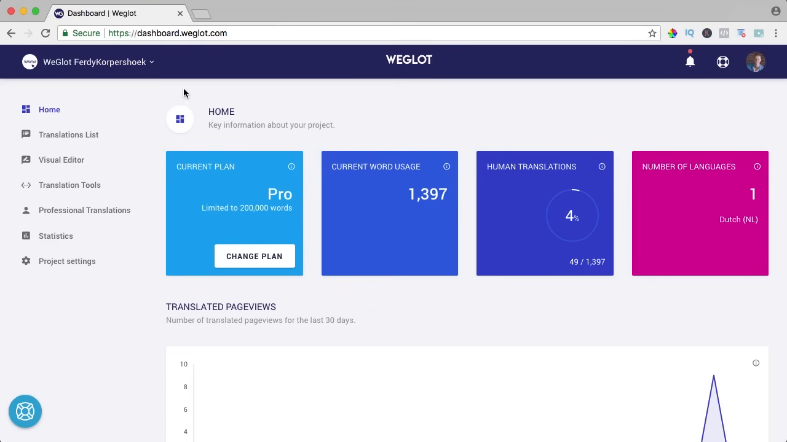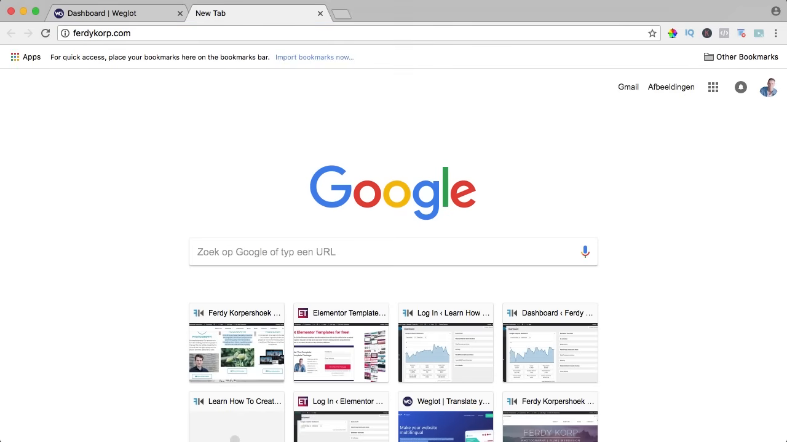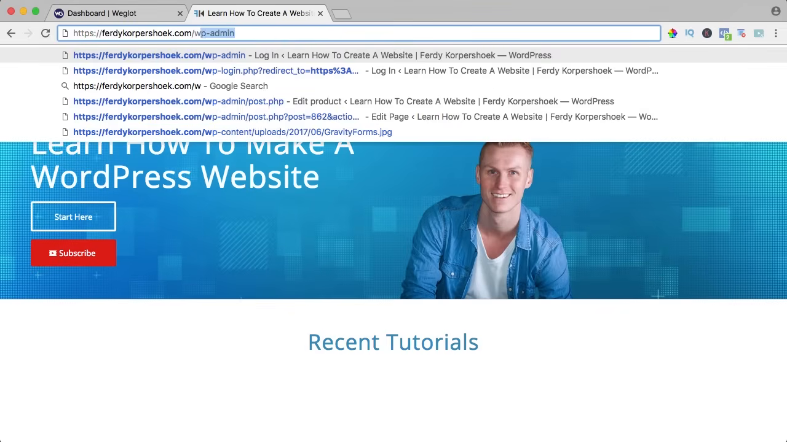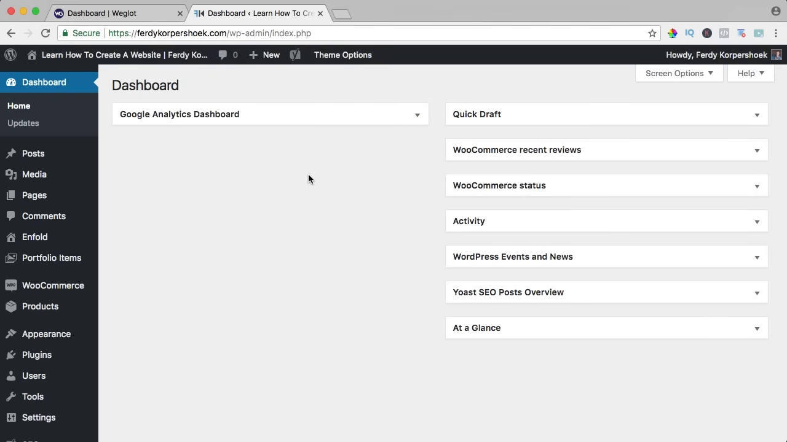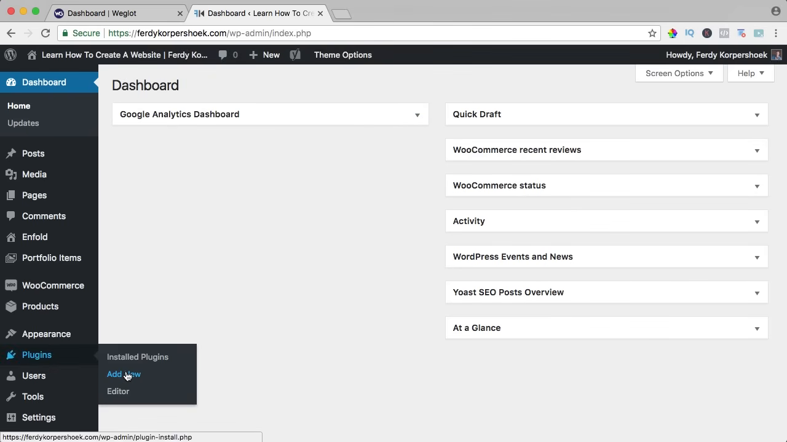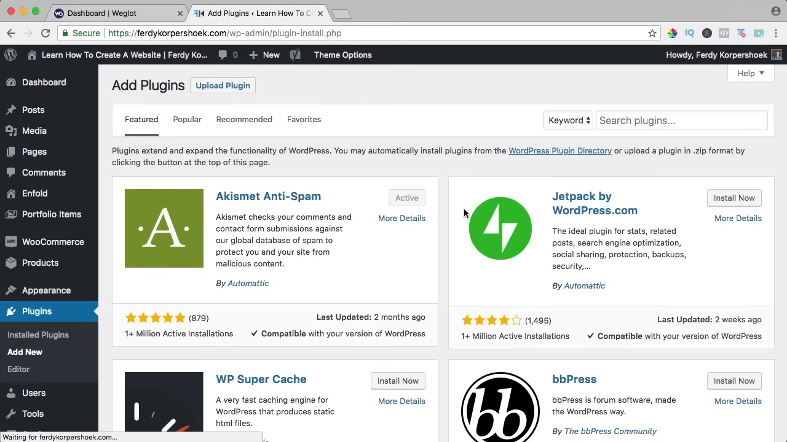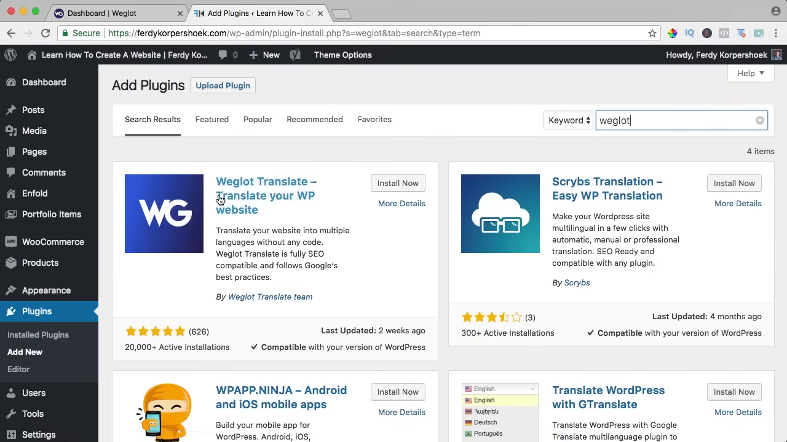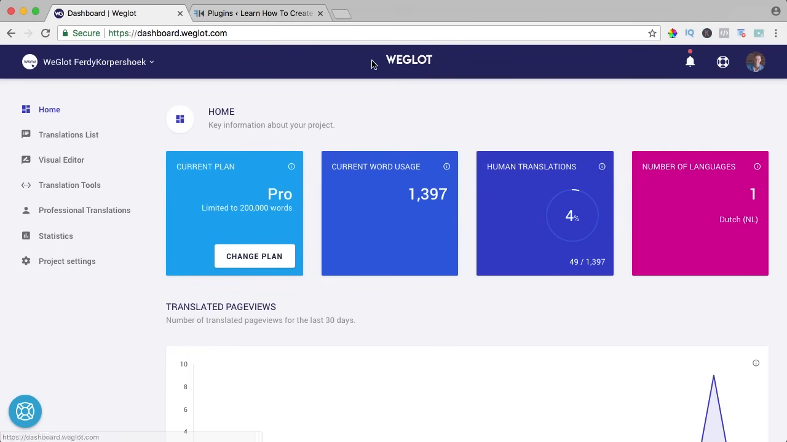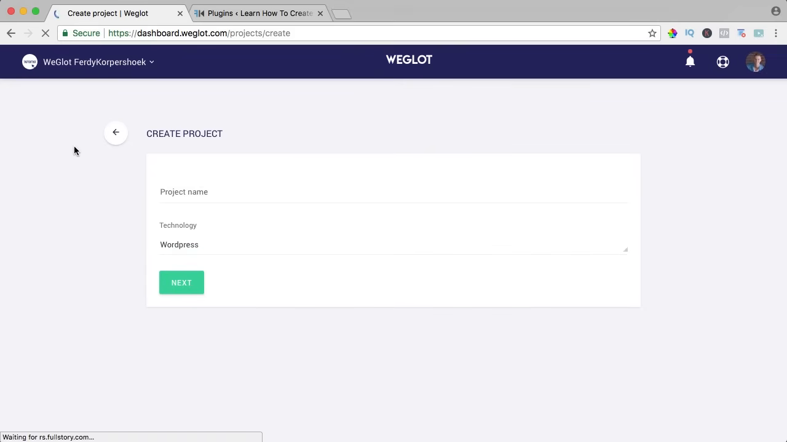Right now, I will use my website, 30corp.com, which is actually 30corpshoek.com. I will log in and I will show you the process really quick. I go to plugins, add new. I search for Weglot. Install now. I activate it. I have a pro license over here, so I can have 3 websites, and I create a new project, which